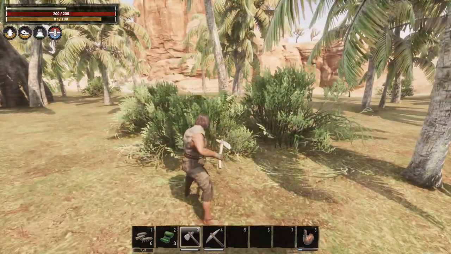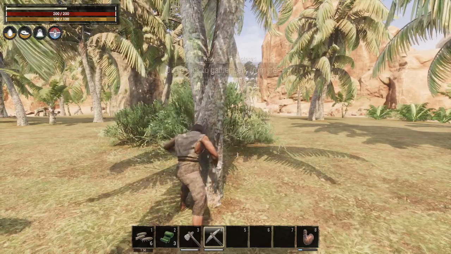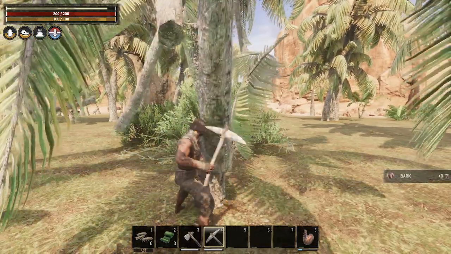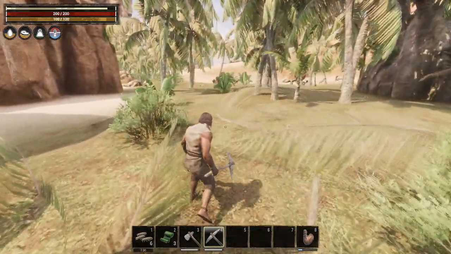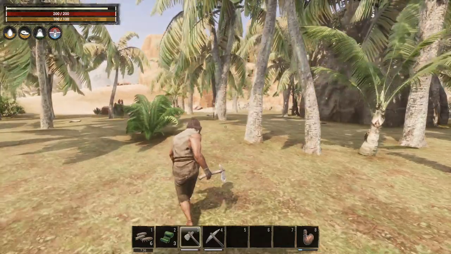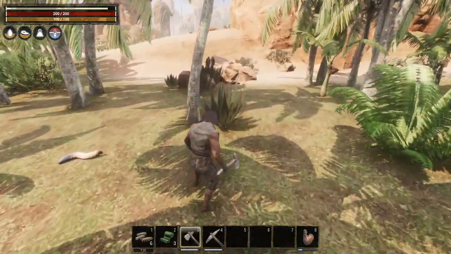They give you vines, and if you take a pickaxe to a tree, you don't get wood, you get bark instead, which is used for a handful of other things, but will be important nonetheless. Now we're not going to worry about combat at all, and there's some things over there that we could worry about. Now this right here is Aloe,